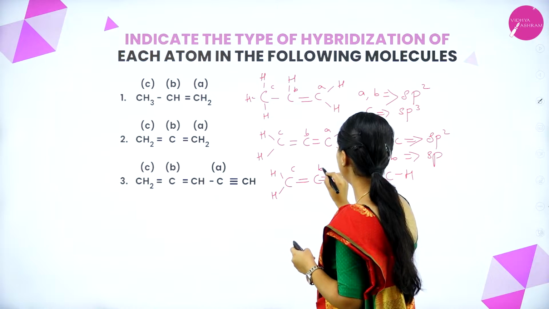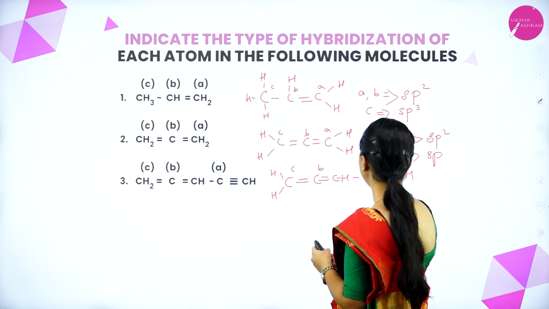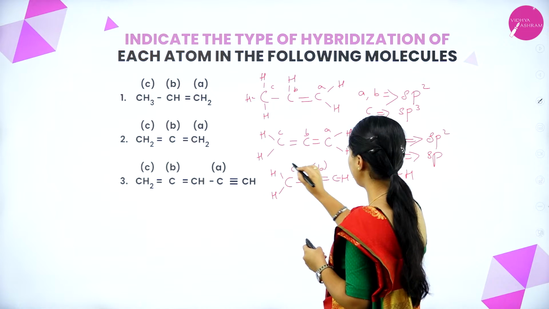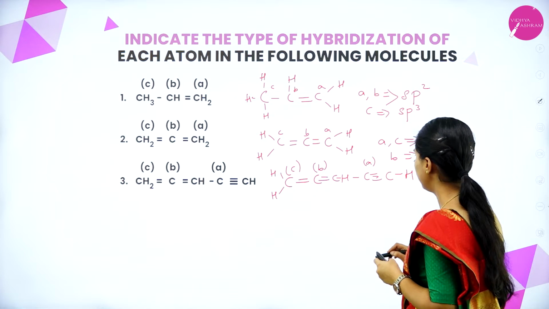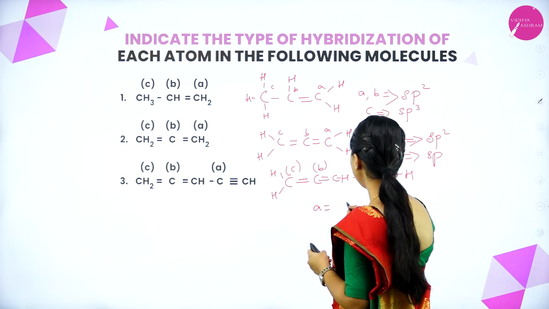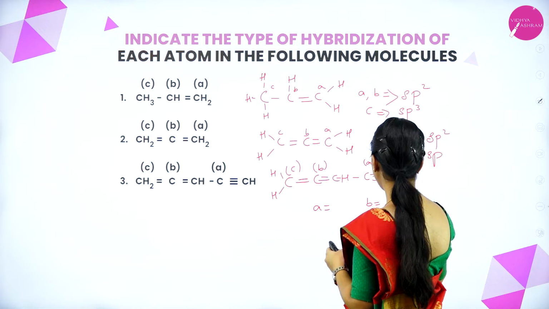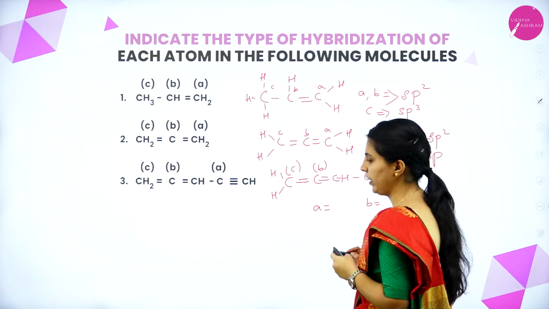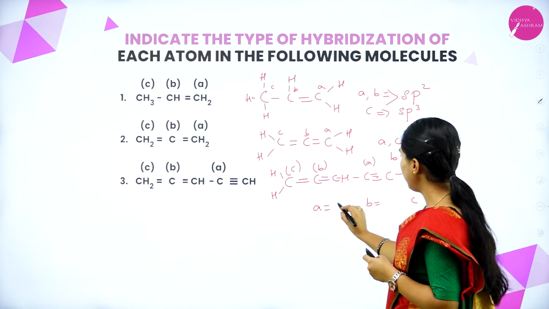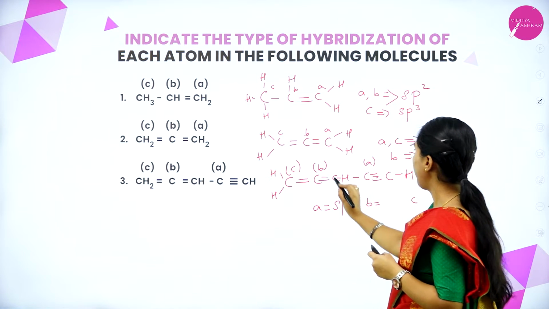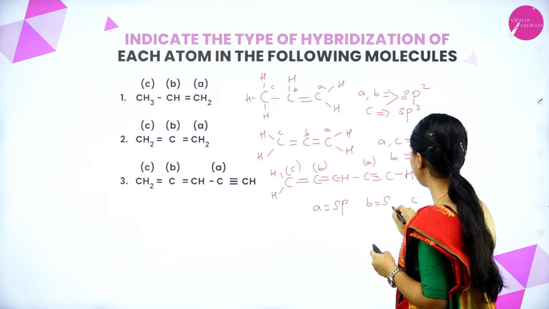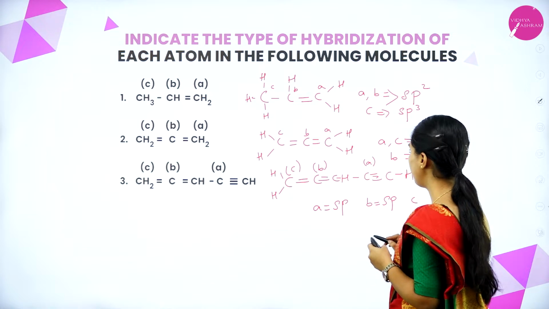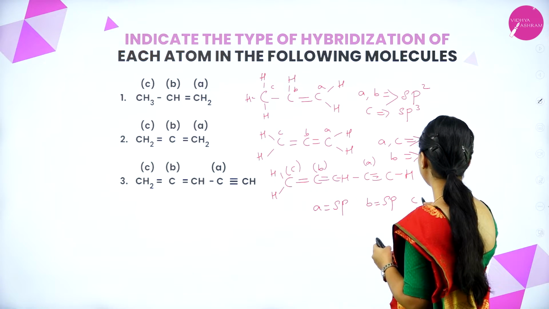this is C, B and this is A. Okay. See here, A is different, B is different and C is different. A has a triple bond, that's why sp. B here is once again sp because two double bonds are present on its sides, and C is